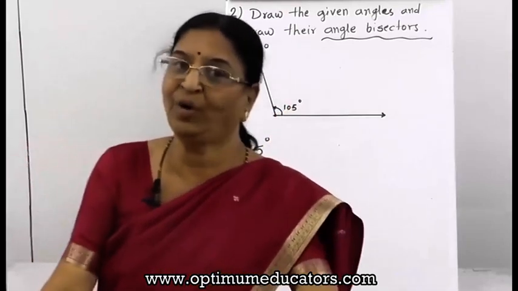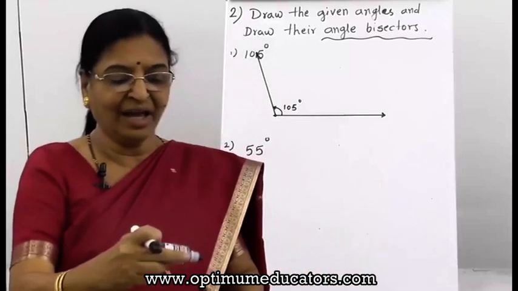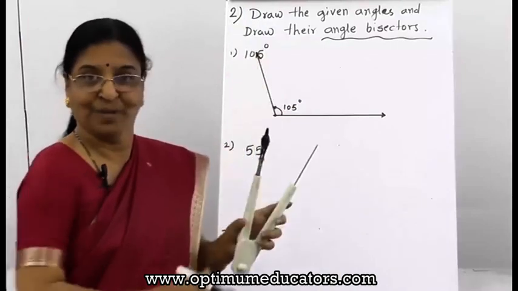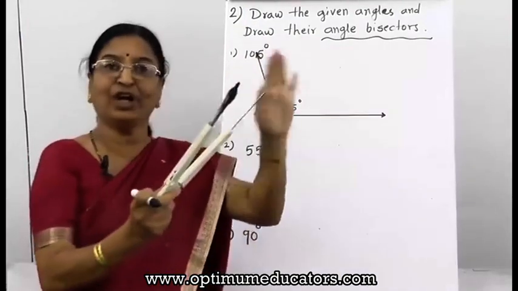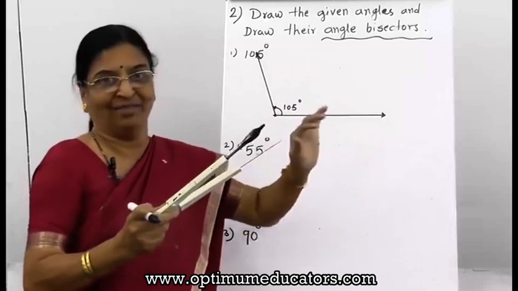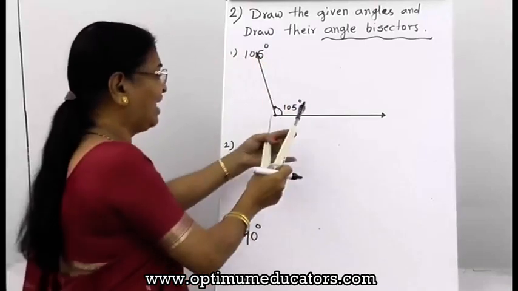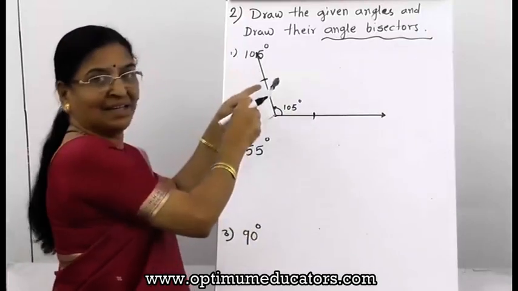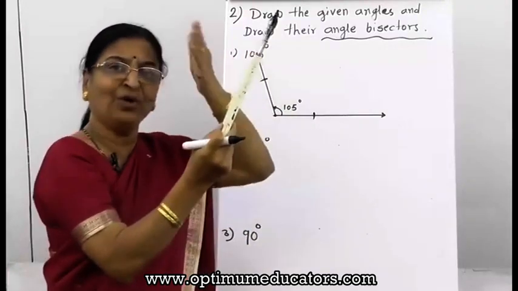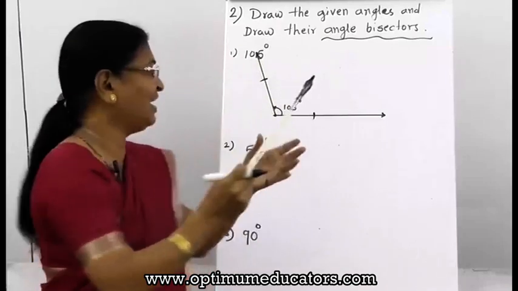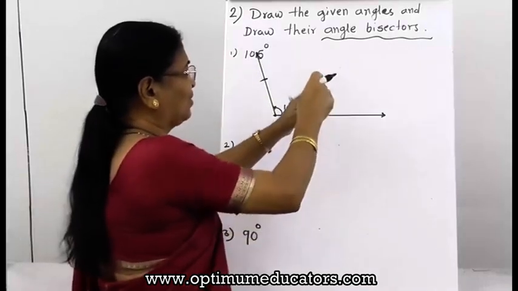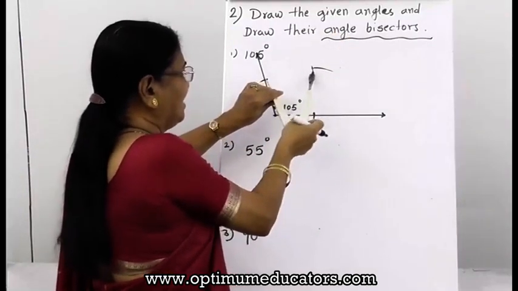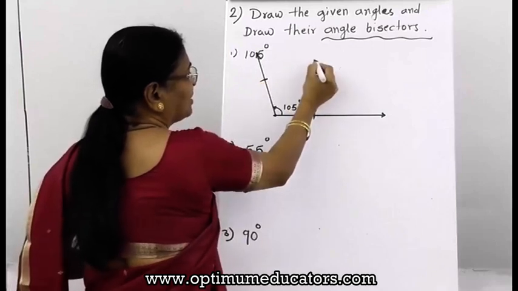Now you know how to draw the angle bisector. Here again I will draw the angle bisector taking the compass. Here it is not necessary to take more than half, because here it is a very convenient distance. Make the 2 equal parts, make the arcs at the same distance. If you have to increase, increase. Otherwise, you can take the same distance also. Sometimes it is required to increase the distance, then increase it and find the point of intersection.